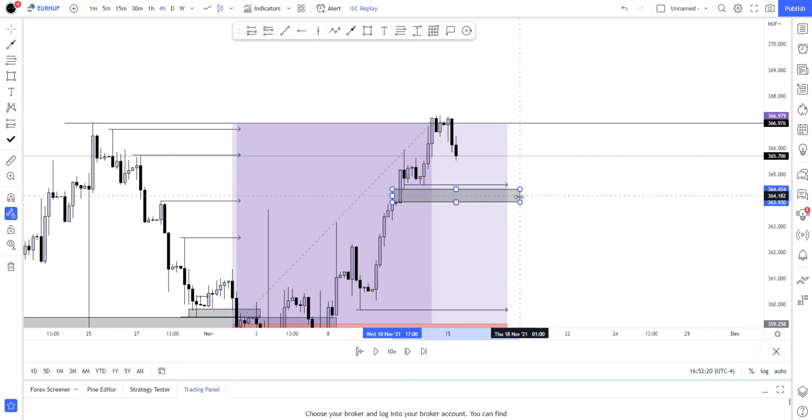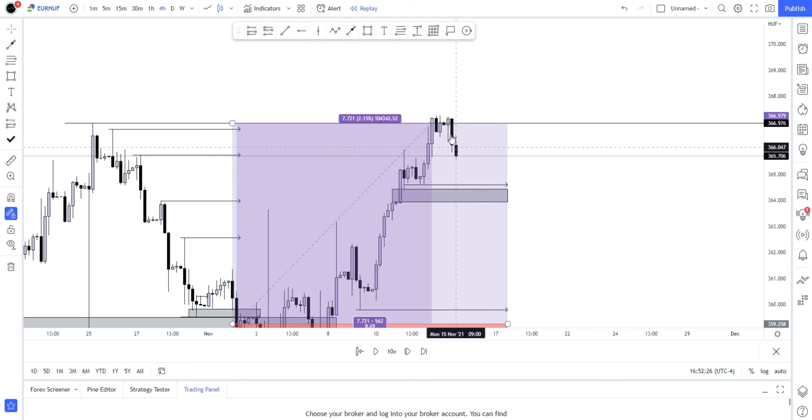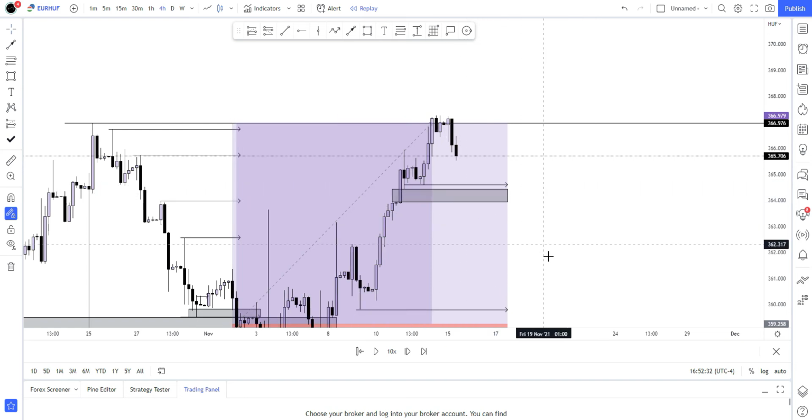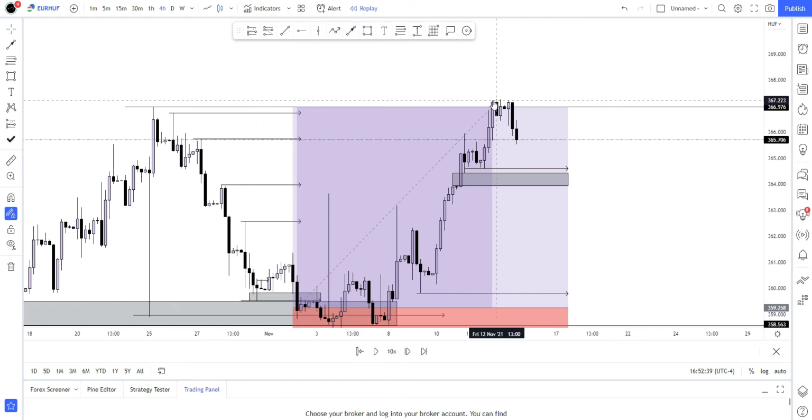Okay, hopefully the market fills that gap. So I'm looking to buy here, somewhere in here. But again, I'm looking for a rejection. So I'm looking for the market to come in, give me some type of hammer pattern, something that's telling me that the bulls are back into the market. And then we do have this level. If the market immediately gaps up and take out this level here,